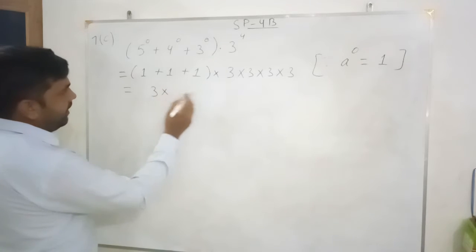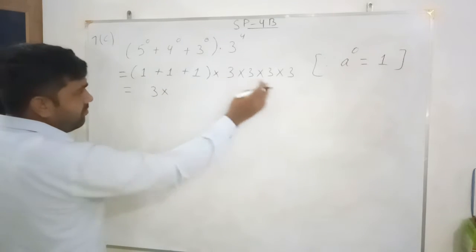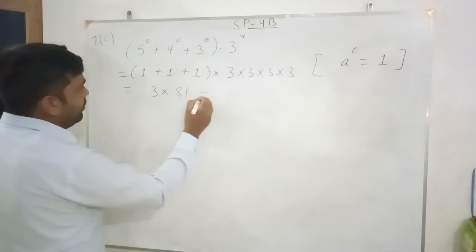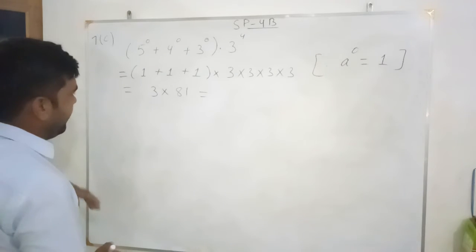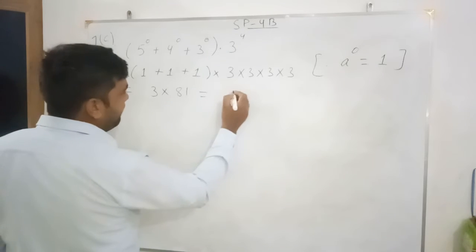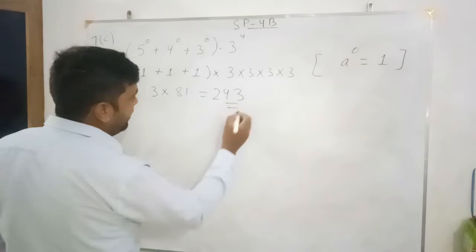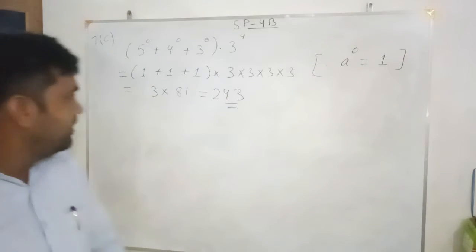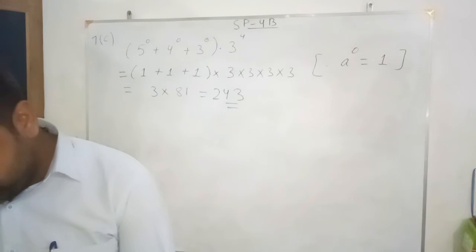3 multiply, and here what we got, that is 3 multiplied 4 times, you will get 81. So this 7C is to simplify the following. You can express the answer in the exponent also, and the value you got, if you multiply, 3 ones are 3 and 3 eights are 24. So the value we are going to get is 243. 7th C, we have got the answer. This is 243. So answers can also be expressed in the form of exponent.